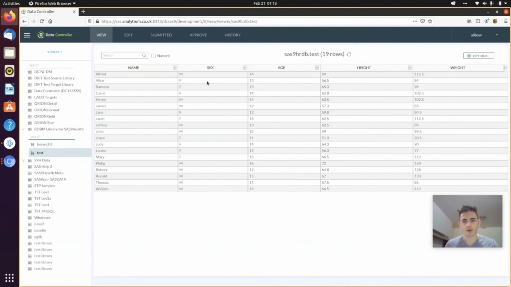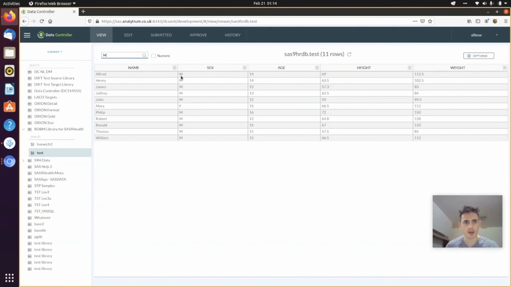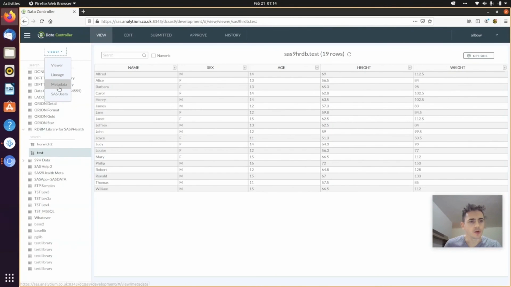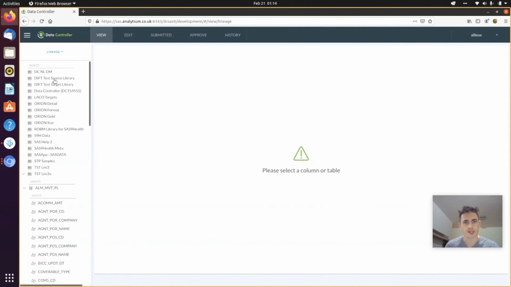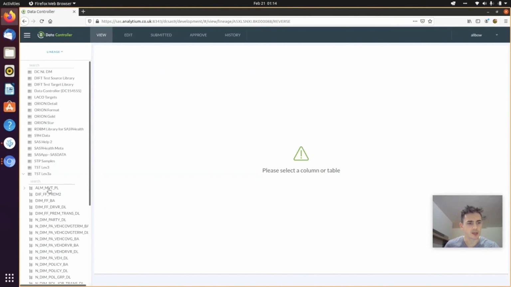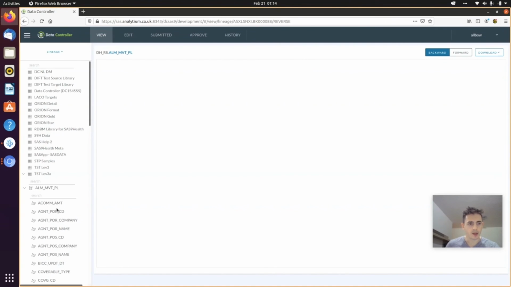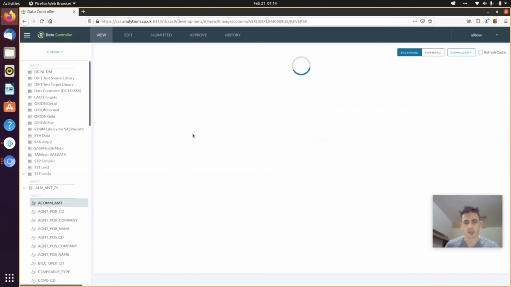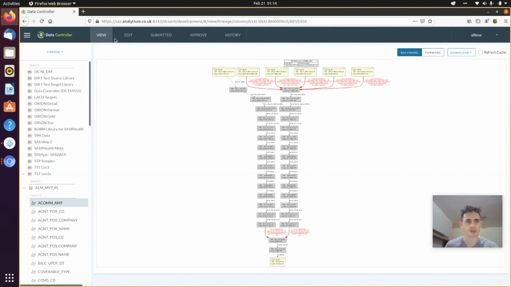So just to give a brief overview of this tool, because it is interesting, because it was actually built with SAS.js. You can do a few things in the viewer. For instance, you've got full table search. You've got table refresh. You can view lineage. So if you're on SAS 9, this is the SAS 9 version. You can view the lineage for, say, a particular table. Same as you get impact analysis, or for a particular column from source to target or target to source. Download this in PNG, SVG.